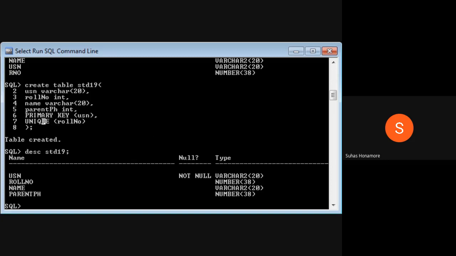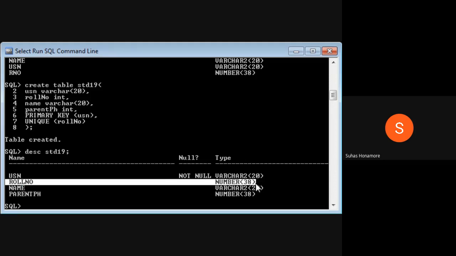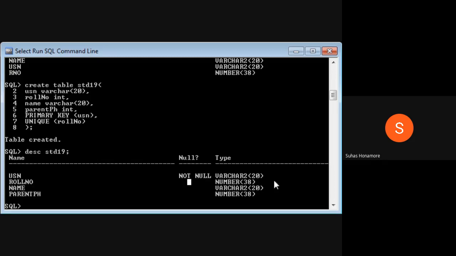While discussing, what we studied is that both are candidate keys for me. So among them I will choose one. Both are unique only, but among them I will choose one. But with respect to the system, primary key can't take a null value. And unique is nothing but also a candidate key. Here roll number is my candidate key, so this one can take the null value.